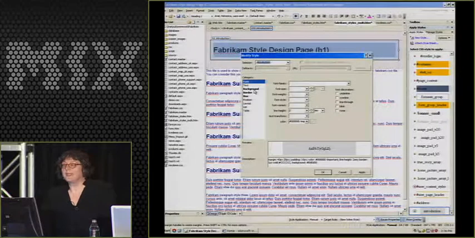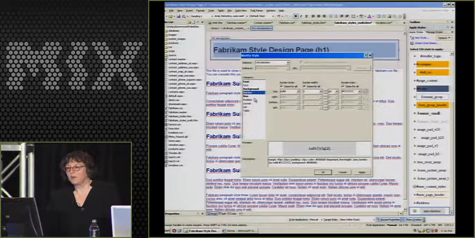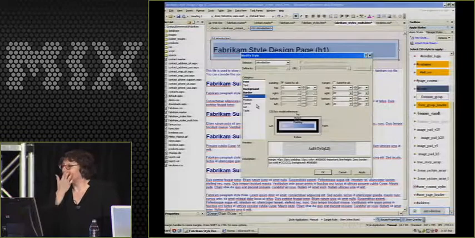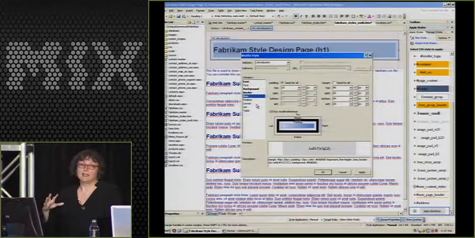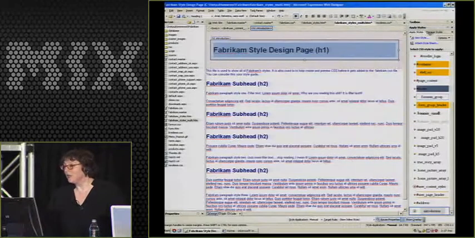This is just another way to deconstruct what's going on with a rule. It's showing me that the background has a property and a value, and so do the border, the box model and the font. So if I wanted to modify something, I could very easily see what elements are attached to this rule and modify them. I love this little visual representation too that shows me what a margin is, what the border is and what the padding is, because sometimes it's hard to visualize the difference between those three things. It allows me to go in and make a change, which I won't do,